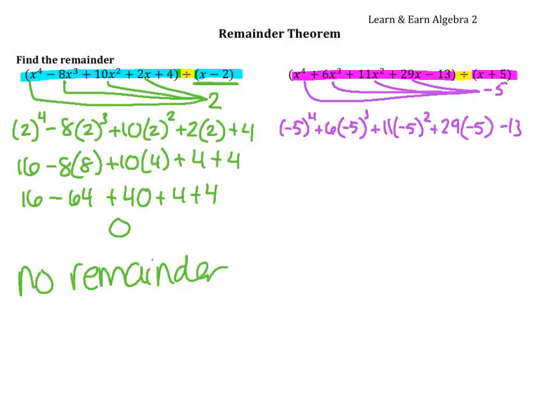So now you'll need to grab your calculators to simplify all this. So negative 5 to the 4th power is 625 plus 6 times negative 125, plus 11 times 25 plus 29 times negative 5 minus 13. Now to multiply all this. First I have 625, then I have minus 750